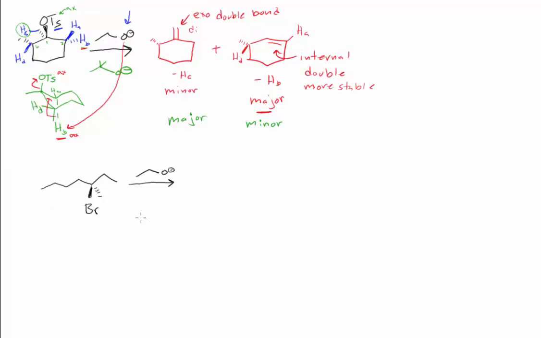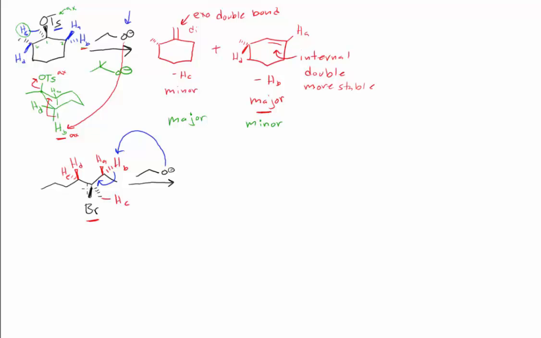All right, let's look at this next problem here. This is your standard E2 reaction, and again we have a number of beta hydrogens, and I would say we have 5 of them. And in this case, any of them could be anti-periplanar to our leaving group. And so we could draw 4 Newman projections from HA, HB, HD, and HE. I'm not going to do that. You can do that for practice. But you should be able to draw 4 reasonable Newman projections,